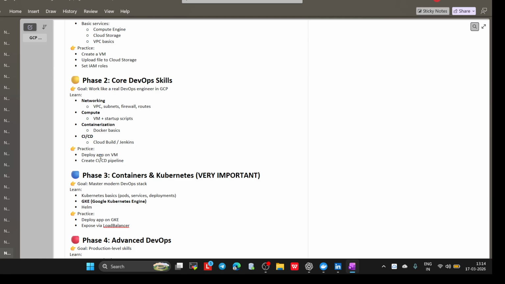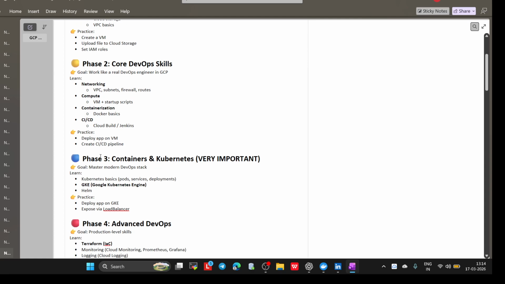After that we will start learning compute, where I will teach virtual machines plus startup scripts. Then containerization, where we will learn Docker basics. In parallel I will teach Docker and Kubernetes as well. For CI/CD, we will learn Cloud Build and Jenkins. Jenkins I already taught, Cloud Build I will teach, and we will deploy our application on a virtual machine.